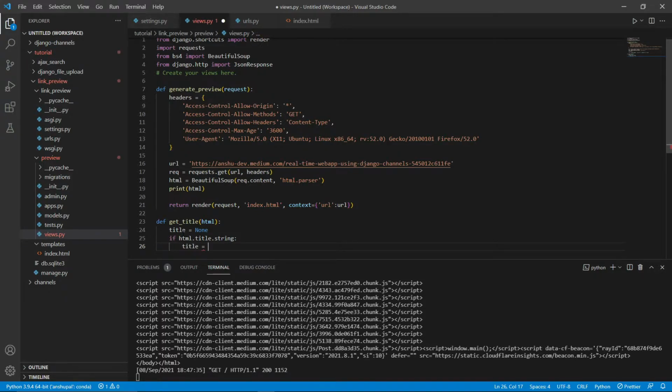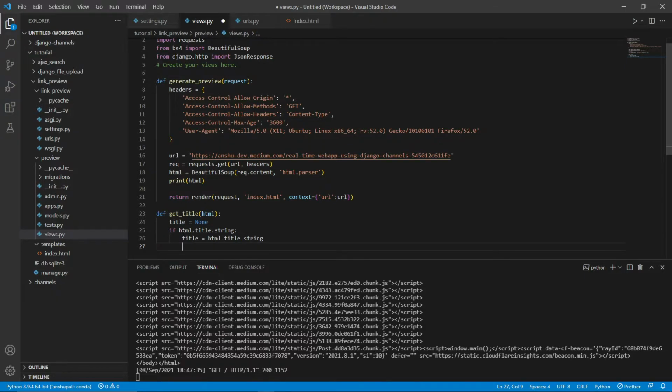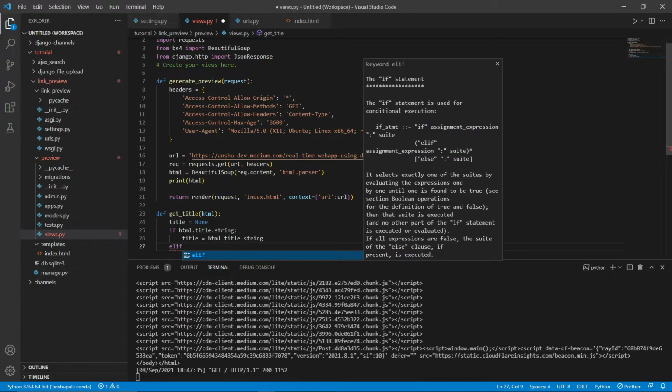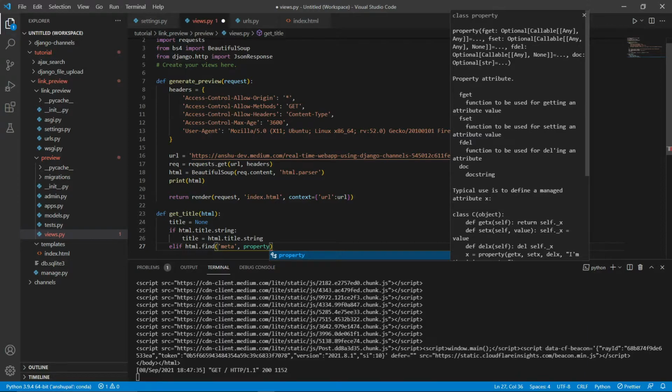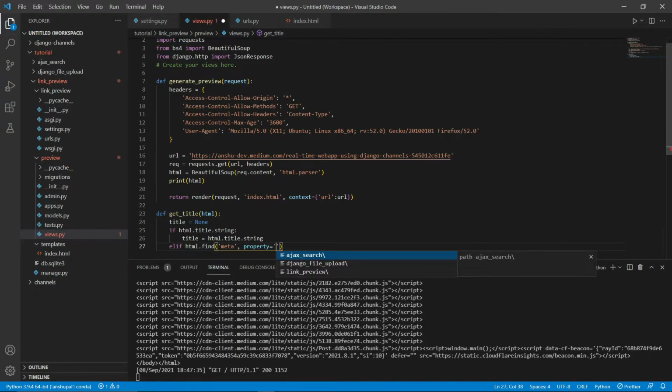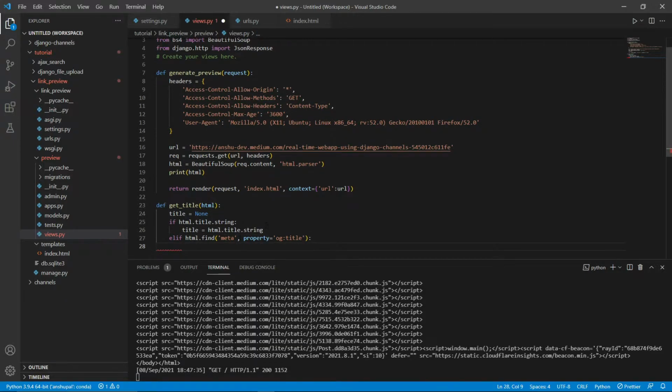So title equals HTML dot title dot string. Elif HTML dot find, that is, if the simple title is not present, we will find it with a property, that is meta, and property equals og:title. Then title will be